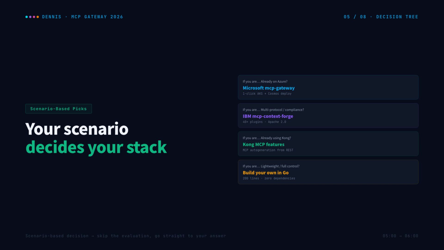Scenario 2. You need multi-protocol support or strict security compliance. Choose IBM's MCP Context Forge. It is the only open source solution that simultaneously supports MCP, A2A, REST, and gRPC. It has over 40 security plugins, including prompt injection detection and PII masking, and it is Apache 2.0 licensed, no